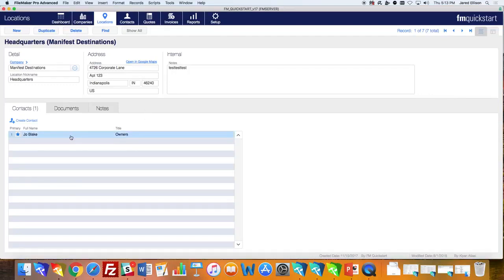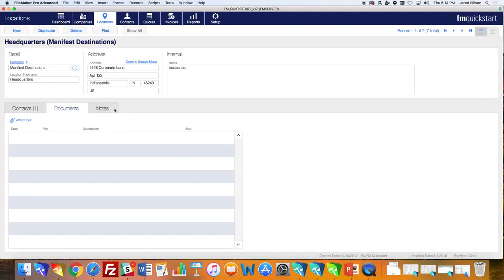And down here, you'll have the contacts affiliated with this address. Even though they might be with that organization, they might be specifically with that address or where the organization is located, especially if companies have multiple locations. That helps identify and makes it a lot easier to know where to go to meet. And you can also add documents and notes as well.